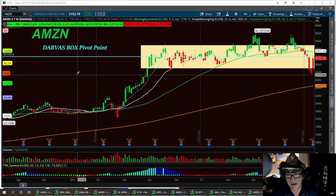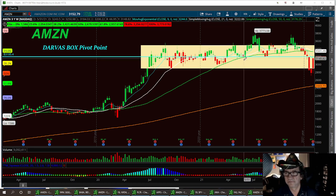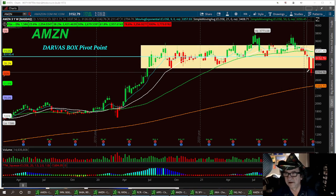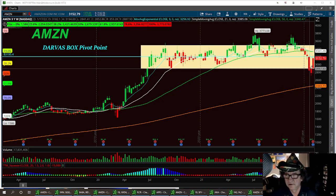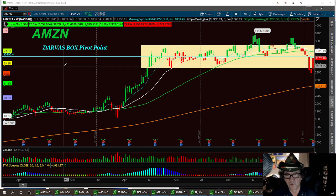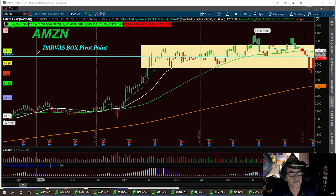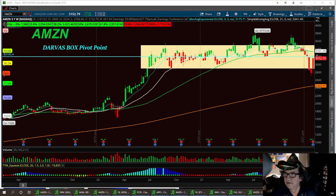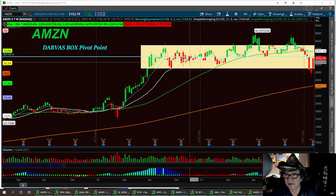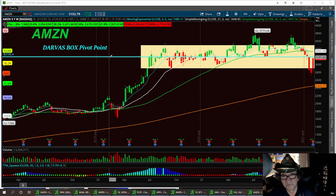So this is the Amazon. This is the weekly, the 3 year. We've had like a 3 year Darvas box, and here we pulled back to that Darvas box support in the last month and kind of found this little support level. The pivot point in that box is right around 31.95, and we went up and hit that today. That's about the midpoint inside that channel,